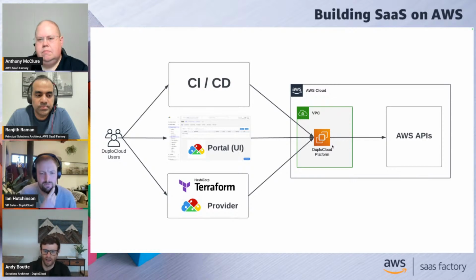DuploCloud itself does not have a control plane or anything on our side, so no data is leaving our customers' environments. The DuploCloud platform and its rules-based engine takes in that input of what infrastructure we need, what tenants we need, what the compliance requirements are, all of those things. And the platform talks directly to the AWS APIs to create and manage that infrastructure. So I just wanted to set the stage for what that looks like.